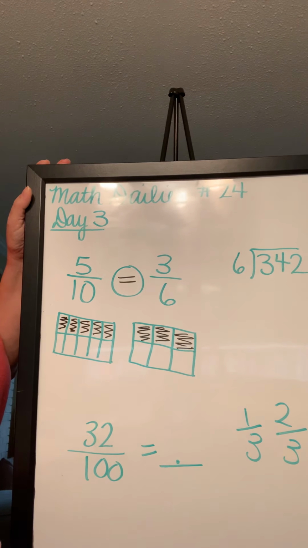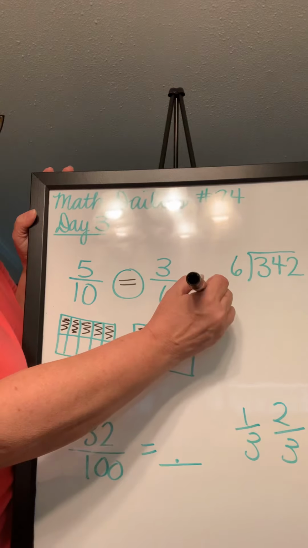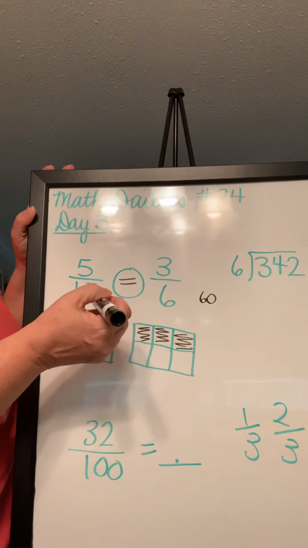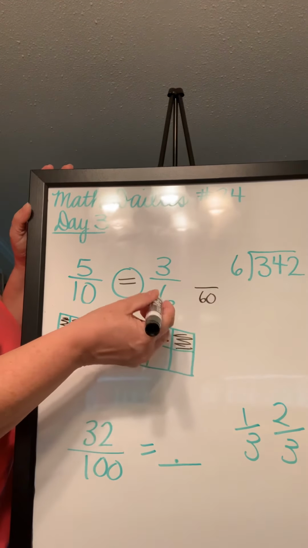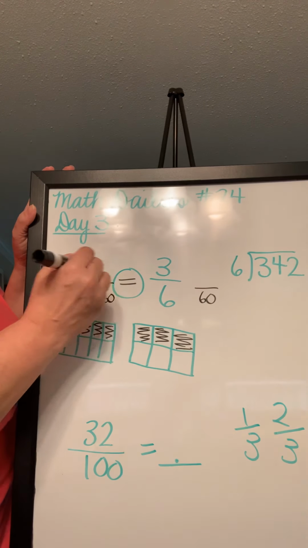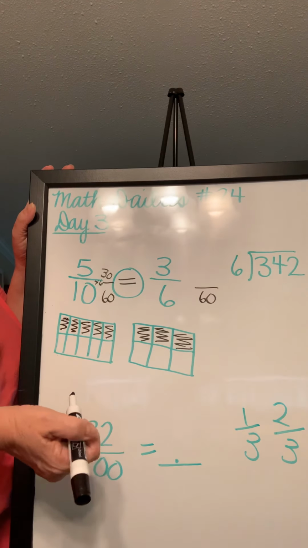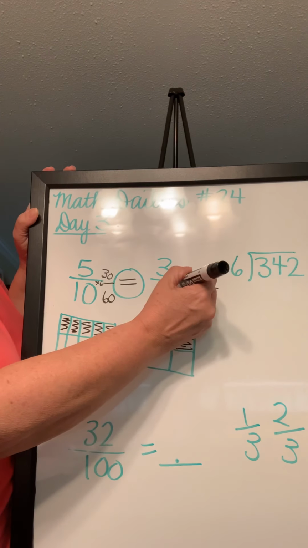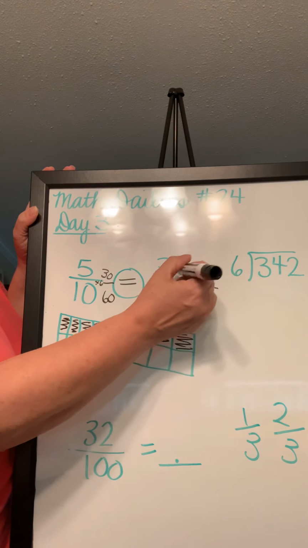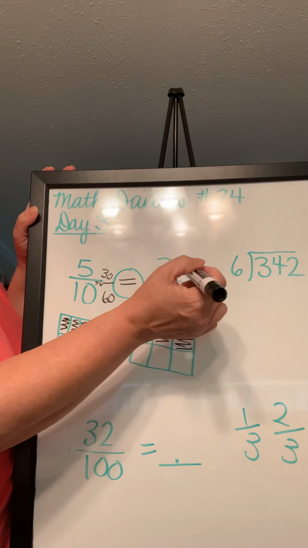Well, one thing you can do is multiply the two numbers together. So we could say 60. We want to make both of them into a fraction with 60 on the bottom. So because 10 times 6 is 60, 5 times 6 is 30. So this could be written as 30/60ths. And then 6 times 10 is 60. So then we have to do the same thing to the top, 3,